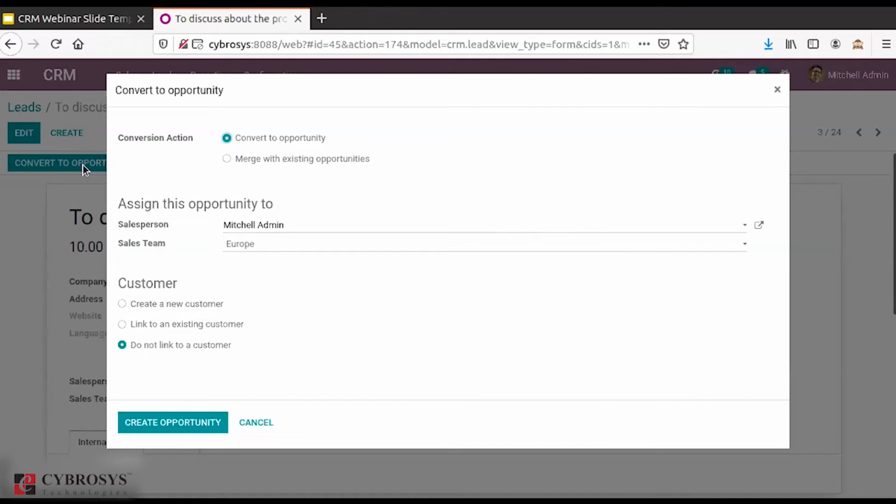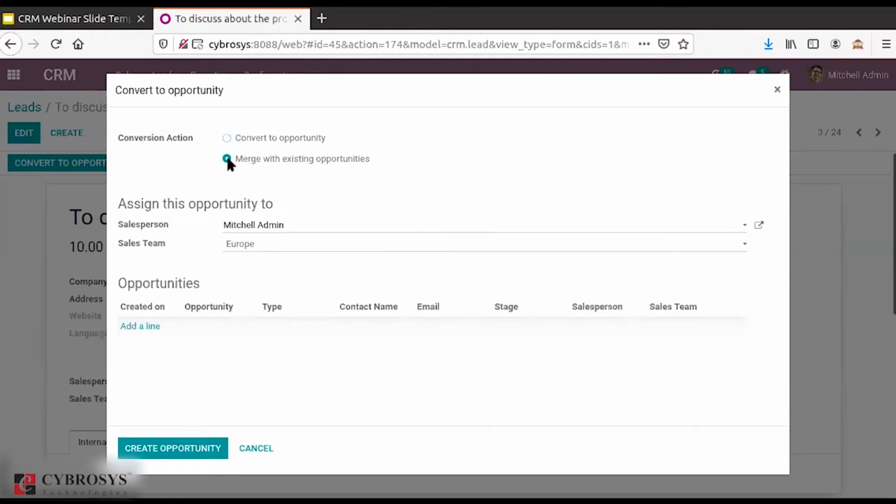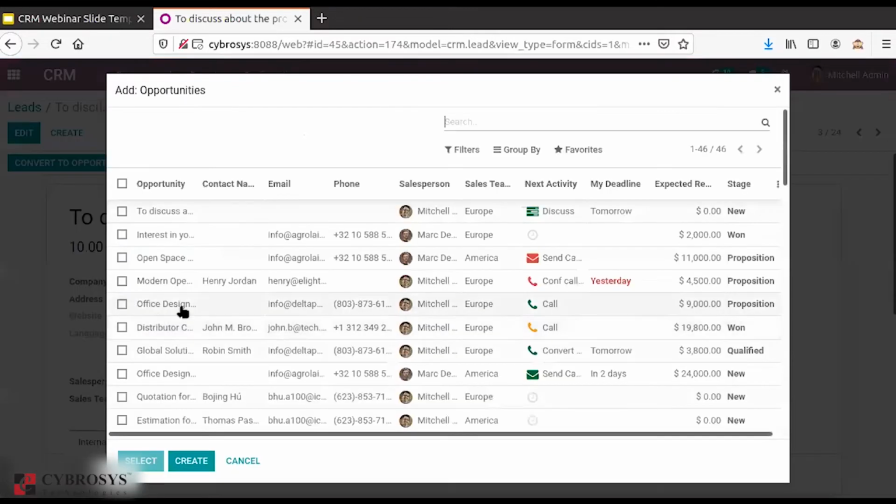So for that, we have the option called merge with existing opportunity. When you click on that, you will have the option to list those opportunities with the same email address, or the same information, so that we can merge them together.